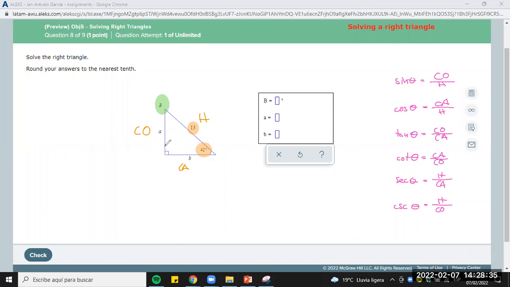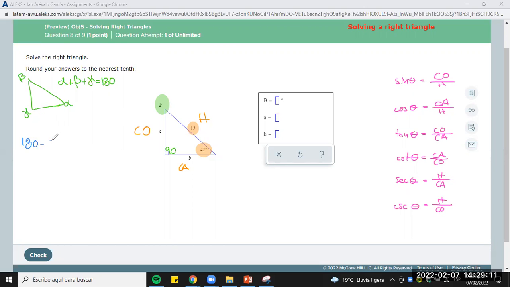Remember that the addition of all the angles of a triangle, it doesn't matter if it is not a right triangle, the addition of the three angles always equals 180, right? So since this is 90 because it is a right triangle, then the other one has to be